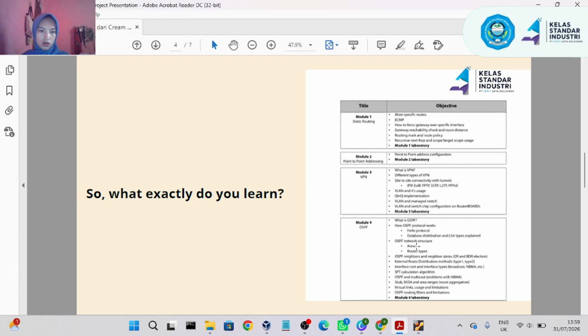OSPF network structure, area, and router types.